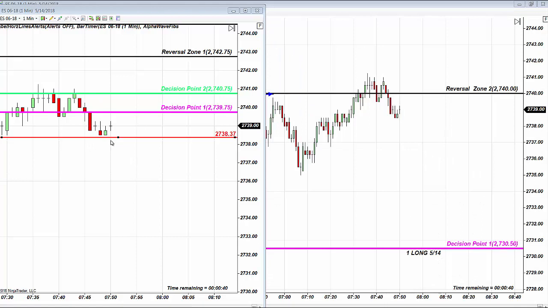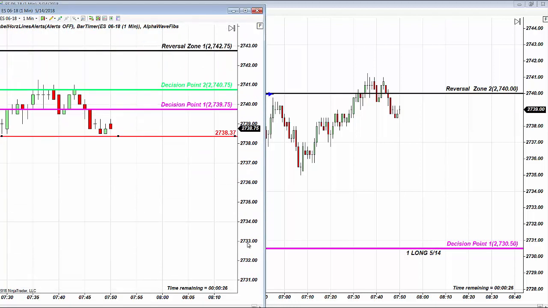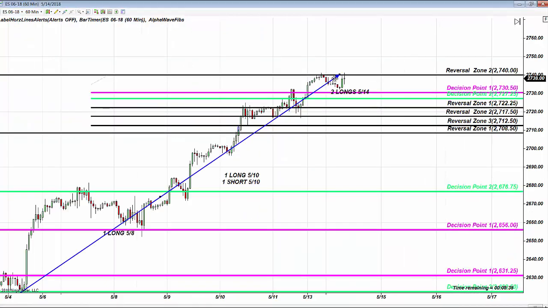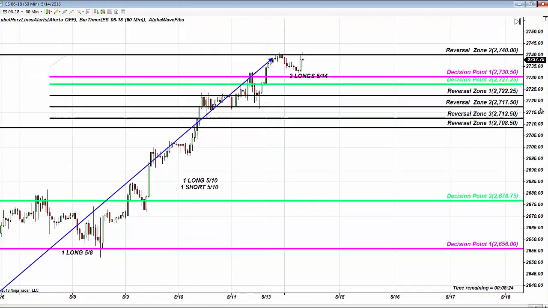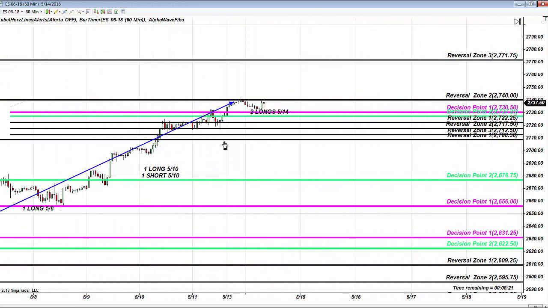Please pay attention. The stop is not random. Once again, it's placed in the perfect place, which is also the key in the course: where to place your stop and where to place your target. Nothing ever is random. And that's the dance price does every day on any instrument, any time frame. If you take a look on this chart, I would like to remind you, do you remember decision point 2 on May 6th? It was quite a problem. And that's where we are this morning. Level identified weeks in advance.